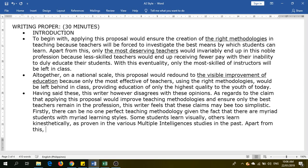Apart from this, I already used "apart from this" earlier over here. So maybe we can use another marker, something like "consequentially." Wait, let's have something better. Maybe let's just use "additionally." Remember, there's very little time, so we cannot overanalyze this. Additionally, as per the claim that only the best teachers would be left in the profession,